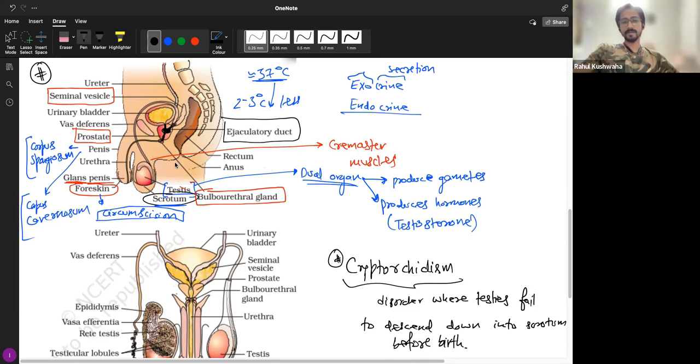And the rectum and anus is the opening of the digestive system. Like in class 11th, you have studied that the digestive system is different from the excretory system, right? So the opening of the digestive system is the rectum, anus, and the opening of the excretory system is the ureter, which comes from the urinary bladder. So this whole anatomy is clear. Any doubts with the male reproductive anatomy, Iram, Rabia? No, sir. Okay, perfect.